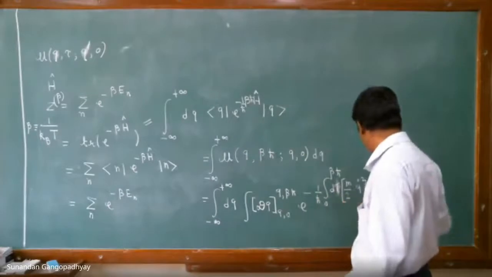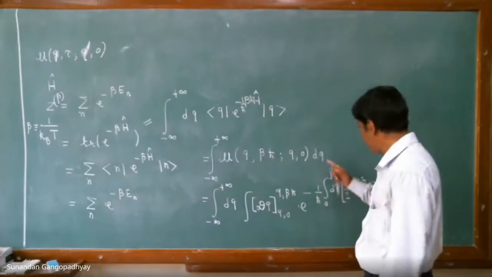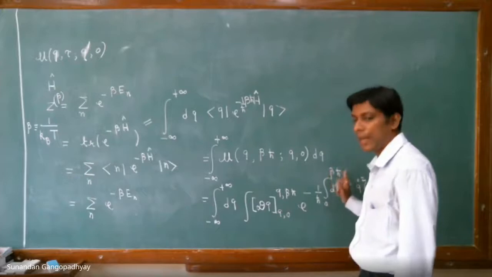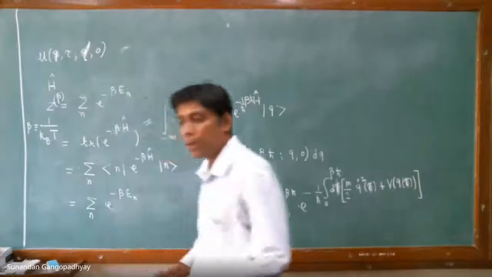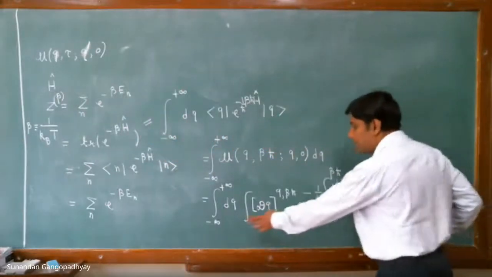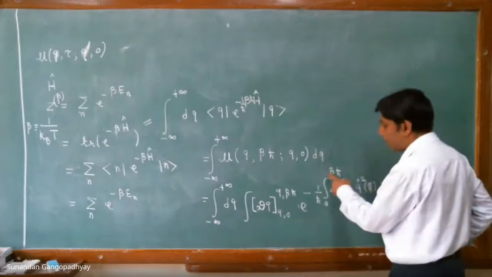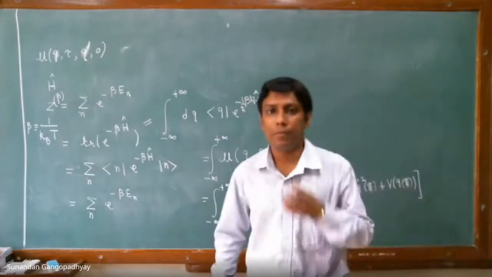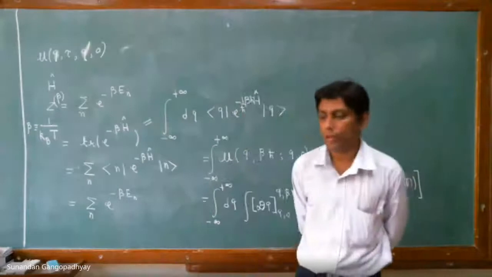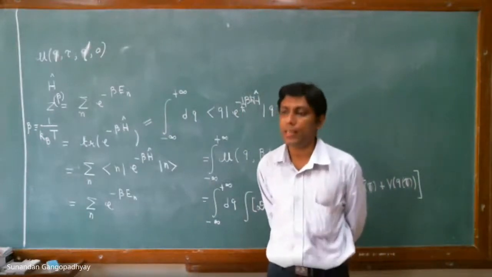Okay, you are right, you are not totally wrong. This tau must have the same dimension as beta h bar. So it must have the same dimension as inverse of temperature. But what is important here is that this is the Euclidean path integral, right? But you know that this upper limit has the interpretation of time. Sir, beta h bar will have the dimension of time only because beta is 1 by kBT and then h bar will give the correct dimension of time. Absolutely, you are absolutely correct. Beta h bar has the dimension of time.